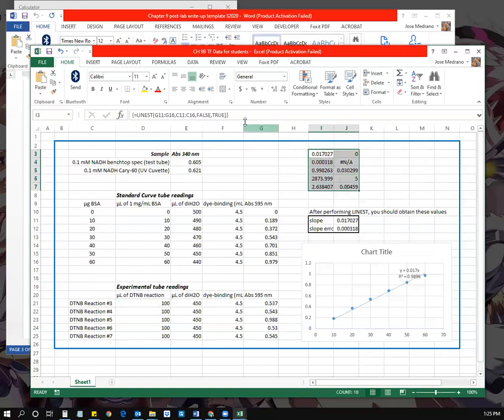But essentially, once you are done typing in your formula, Windows users hold down Control and Shift. Mac users, I believe it's hold down Command, and then go ahead and press Enter. When you do that, the entire highlighted area gets propagated with all the other statistical information that you need. The first two cells over on the left are going to tell you the slope and also the error in the slope. And then the next two cells are going to tell you the y-intercept and the error in the